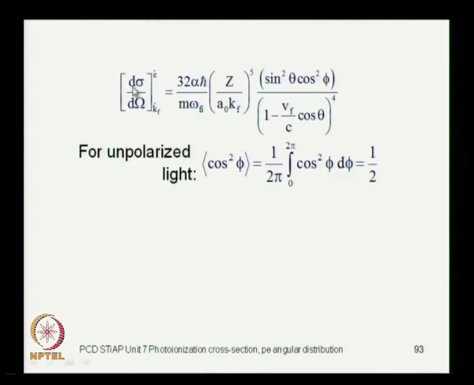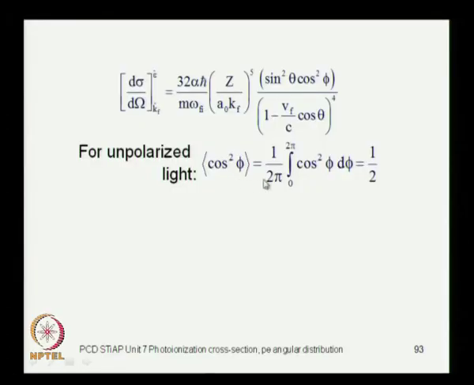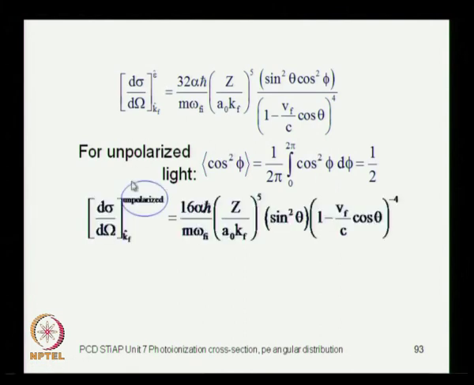Now, if you had unpolarized light, so instead of this epsilon you need to develop an expression for the unpolarized light. So, all you have to do is to use the average value of cos square phi, okay, because that azimuthal angle will lose its significance. So, you need to use the average value of this cos square phi, which is 1/2, right. So, for unpolarized light this expression for the differential cross section is half of this. So, instead of 32 alpha h cross you get 16 alpha h cross, rest of the expression is essentially the same. This is the expression for the unpolarized light,